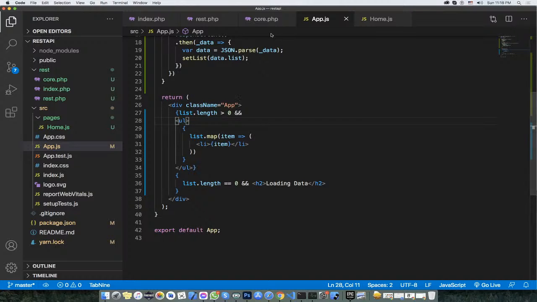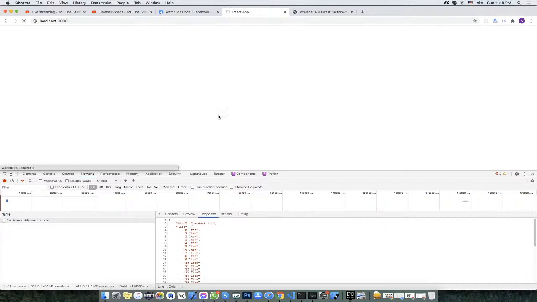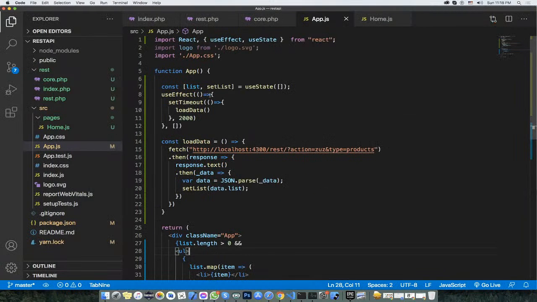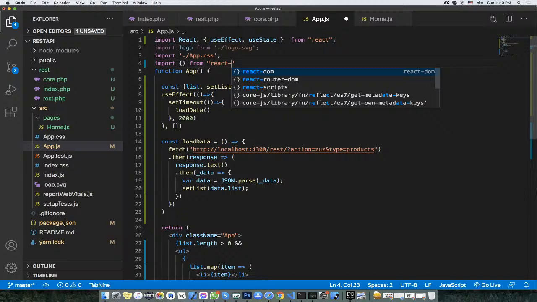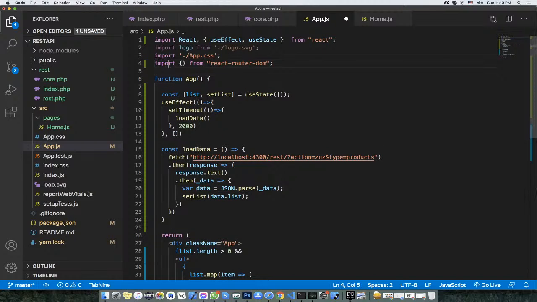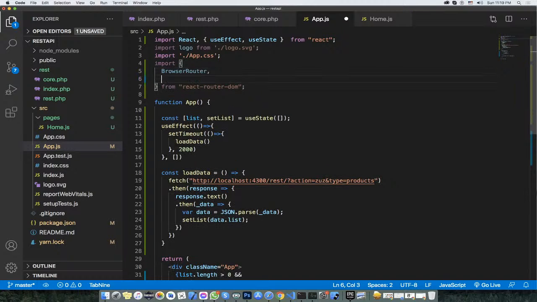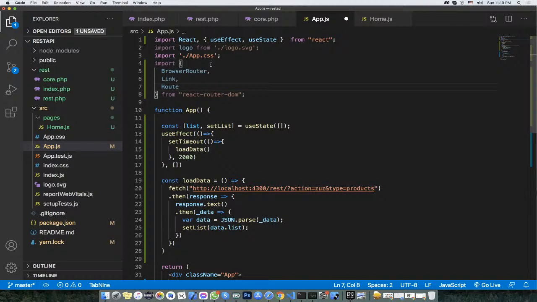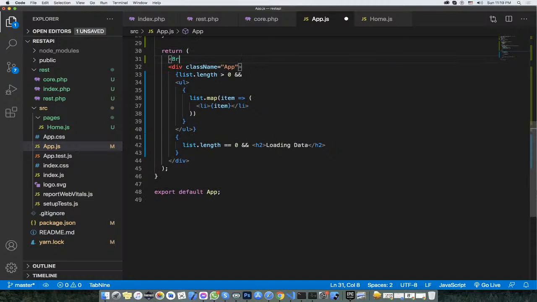Okay, so we need to import BrowserRouter. It will keep the same thing. Okay, so let's go inside the app.js and import from React Router DOM, and inside the React Router DOM we will add BrowserRouter, and we need a Link, we need a Route, and inside the app we will wrap it with BrowserRouter,